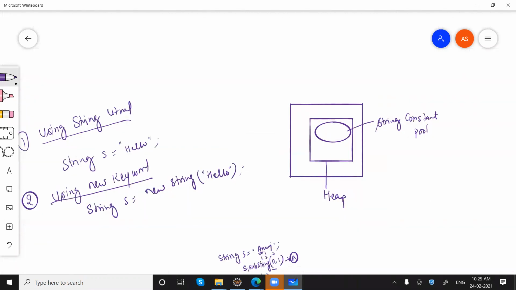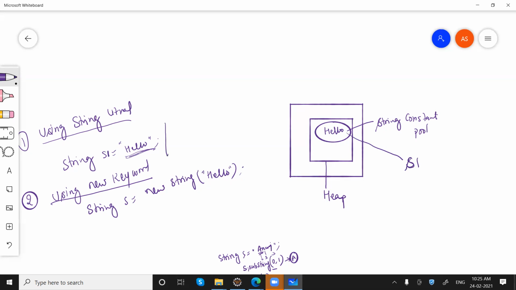So when we say String s equals hello using a literal, whenever we say literal, it keeps that string in the pool. Before keeping that string into the string constant pool, it checks if a similar object is already there or not. If not, put it there and return back the reference. So we'll get the reference. Let's say this is S1.